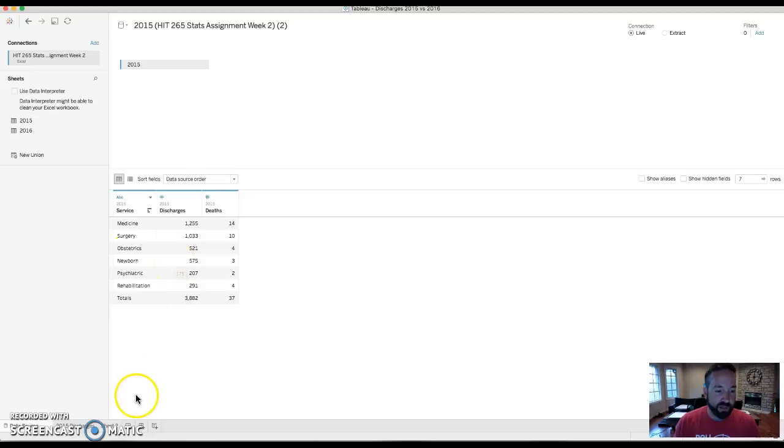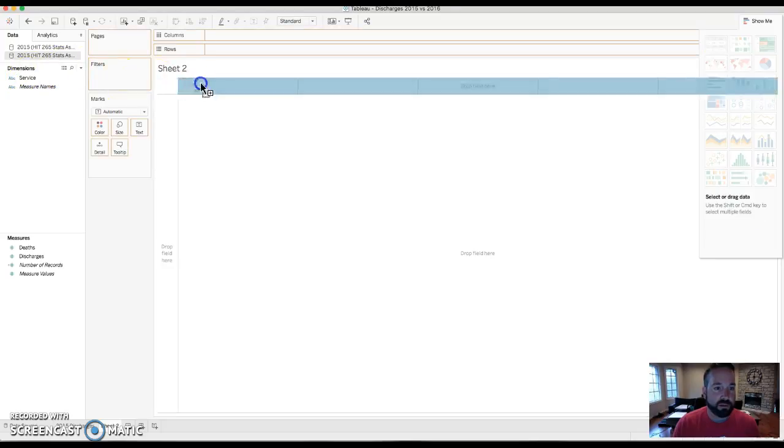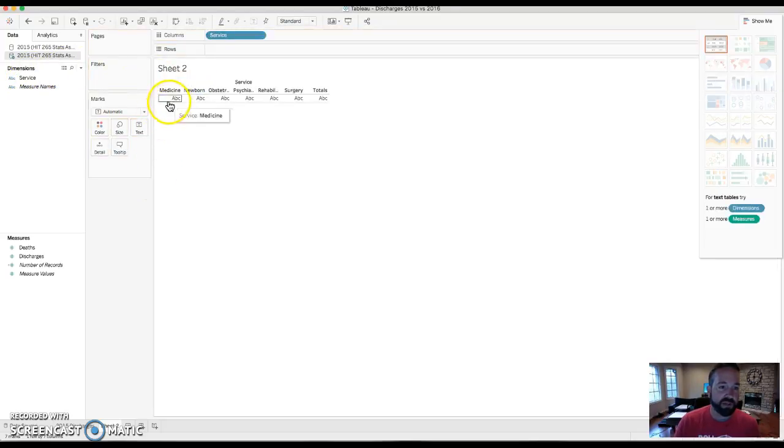So now let's say if I want to do something with that, I can go over here, click on the sheet. I'm clicking on sheet 2, but yours will probably say sheet 1. I've already done a few of them, so that's why it says that. But let's say you get over to the sheet. Over in the dimensions area, you're going to have service and measure names. What I would do is click on your service,